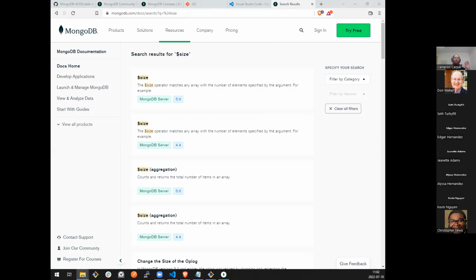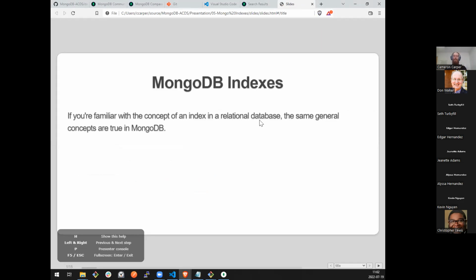We're going to talk quickly about indexes because indexes are very important. And then that'll probably get us close to our next break time. And then we will finish out with aggregation because there's a lot of power in aggregation. It's kind of like grouping and partitioning and windowing in a relational database, but you probably need to have good indexes before you can do a good aggregation pipeline. So let's take a peek at indexes.